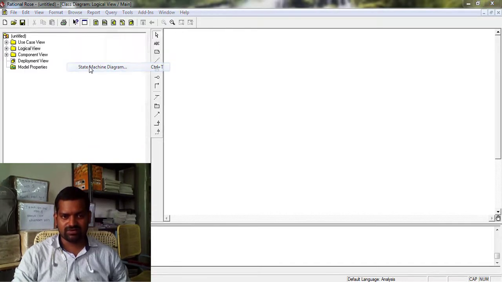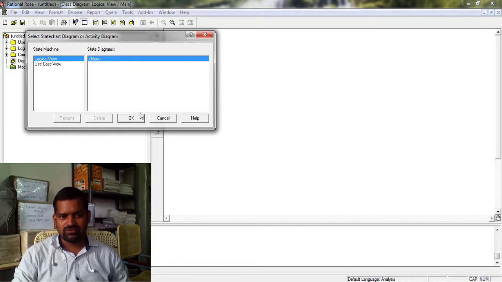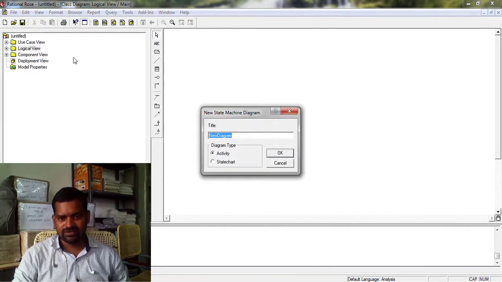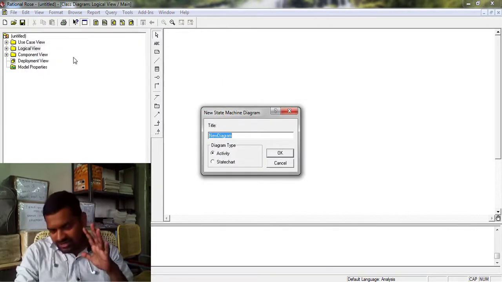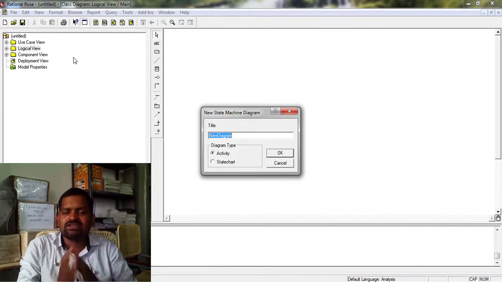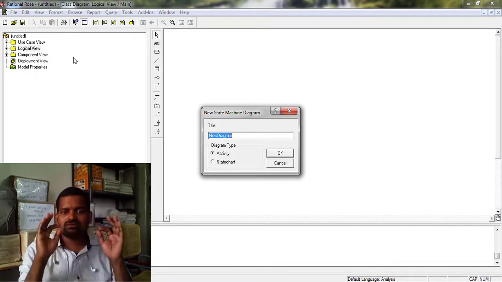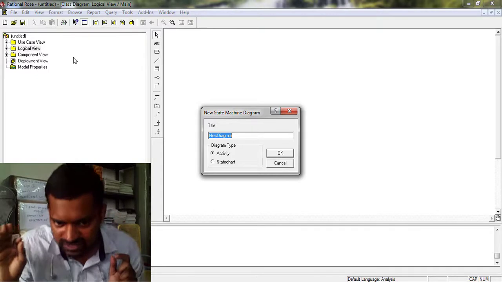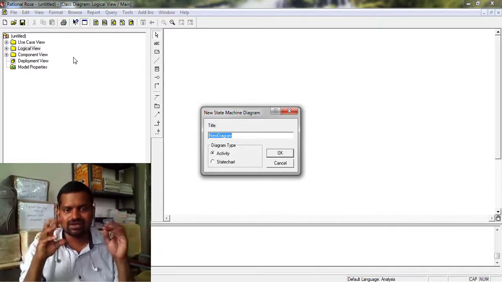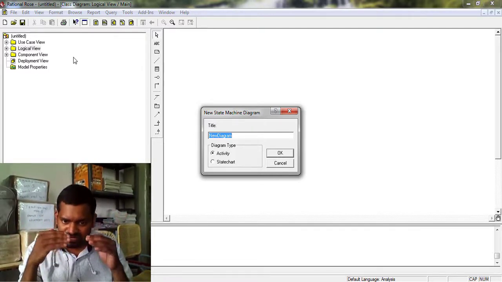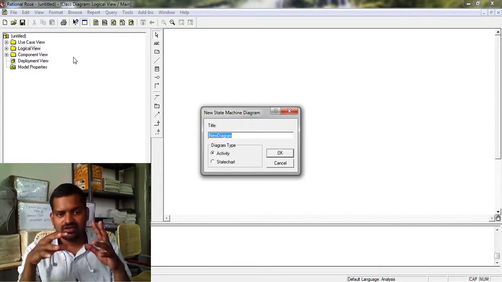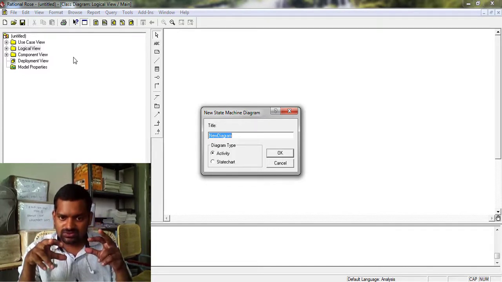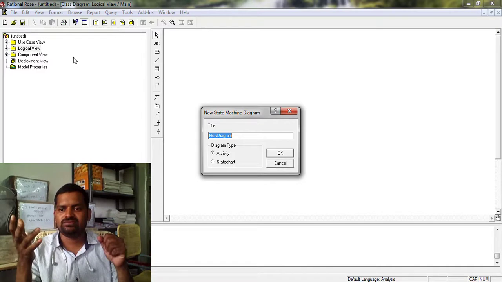In the logical view, two diagrams are available for the state machine. What are the two diagrams? The first is the activity diagram and the second is the state chart diagram. These two belong to the state machine diagram.